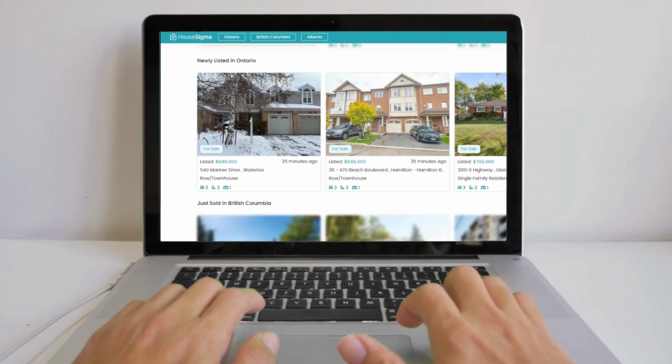So if you bought your property at $1 million, the day you left Canada it was $1.2 million, and then 2 or 3 years later, if you sell it, it's let's say $1.5 million. Now, the CRA is going to tax you from the 1.2 till the 1.5. And to prove the value on the day you left, you need to have a valuation. So you can get this done formally by a valuation company, or at the very minimum, go to housesigma.com, get screenshots of properties that were sold around the same time that you left and which had the same sort of specifications that your property right now has.